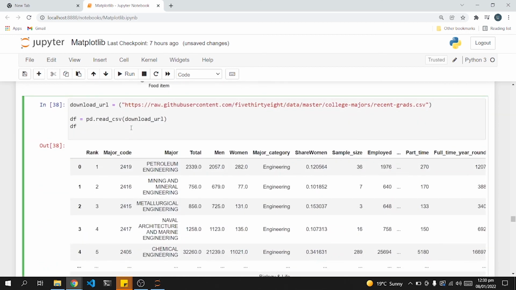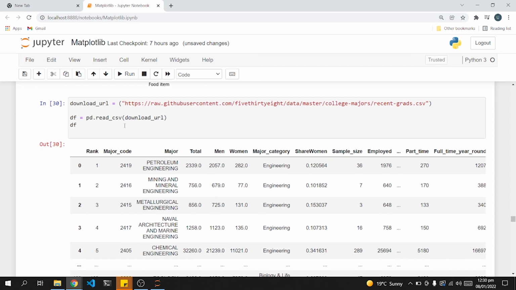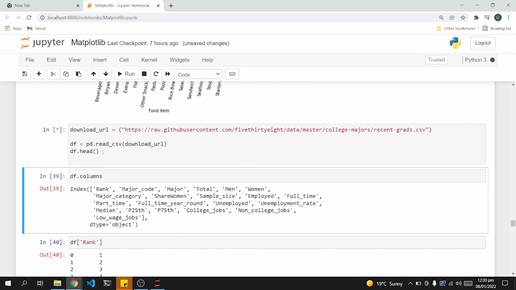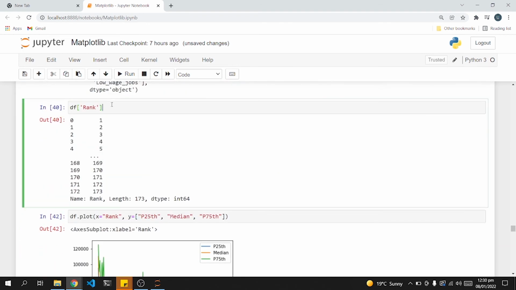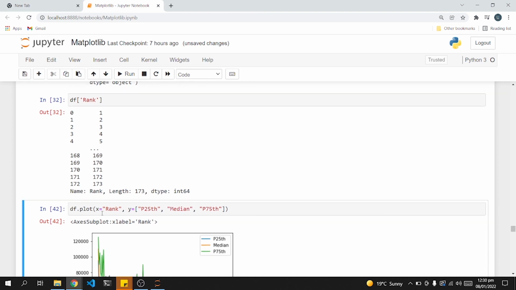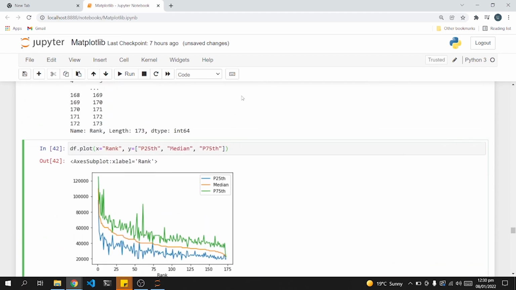Continuing that, here I am downloading a CSV file using this URL, and I am just reading it and then displaying the head. So continuing that, I am plotting a single column on the x-axis, and for the y-axis we are passing an array in which we define three different columns. So for each x value, it will plot all these